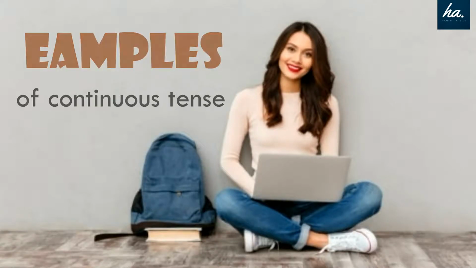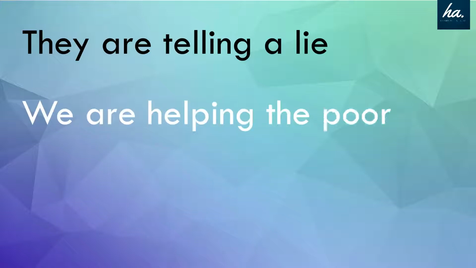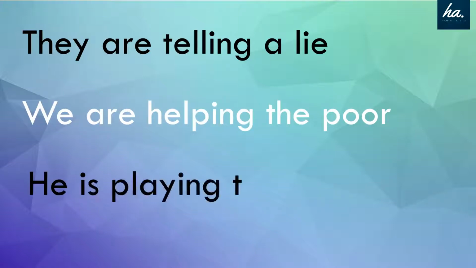Here are some other examples of continuous tense that includes they are telling a lie, वो झूठ बोल रहे हैं। We are helping the poor, हम गरीबों की मदद कर रहे हैं। He is playing the cricket, वो क्रिकेट खेल रहा है।